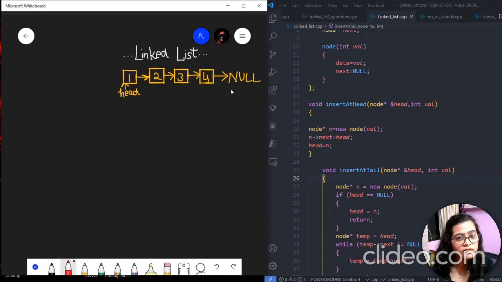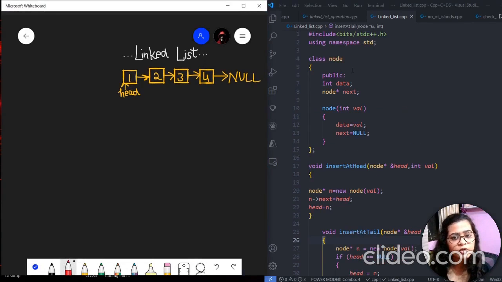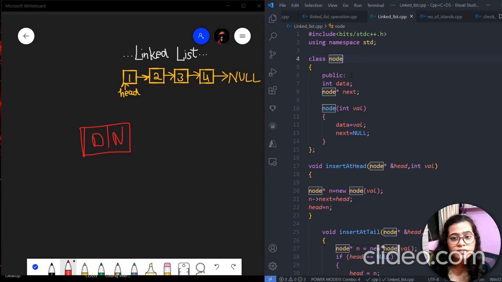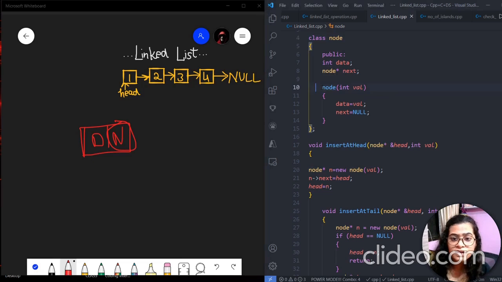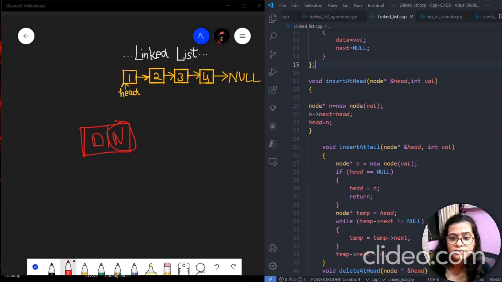Now we will see the operations of the linked list one by one. I will not code it because it will take a lot of time. I will just explain it to you. First of all, we have to create a node. As I told you, it consists of two parts, the data part and the next part, which is a pointer. So we are making a class Node, and in the public part, we are making int data for the first part and Node* next, which is a pointer of Node type. This Node type, and writing it as next. Then this is a constructor. I have given the value as data and next as null, the default parameter.